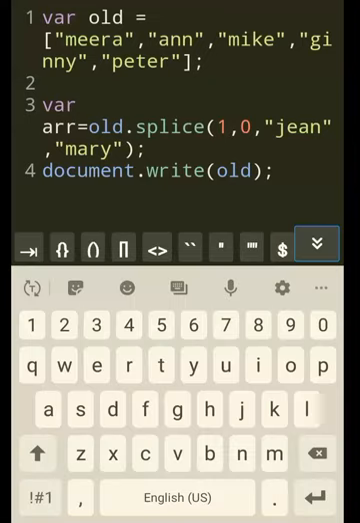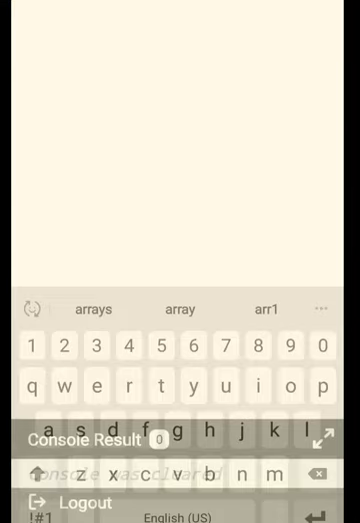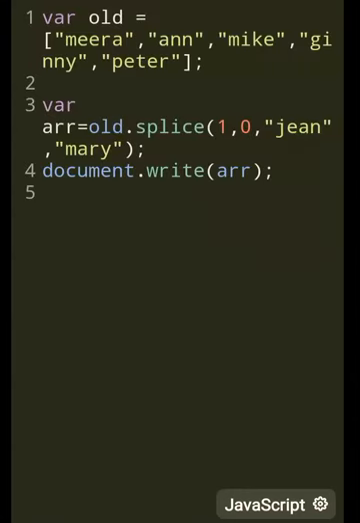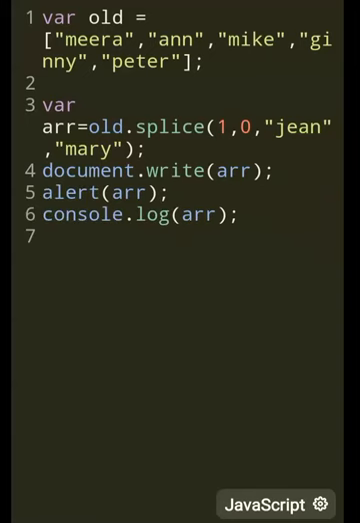Now in this particular case, if I say document.write R instead of document.write old, what happens? Document.write R, okay. Why? Because nothing is removed. R is supposed to be that particular array which is returned with the removal.